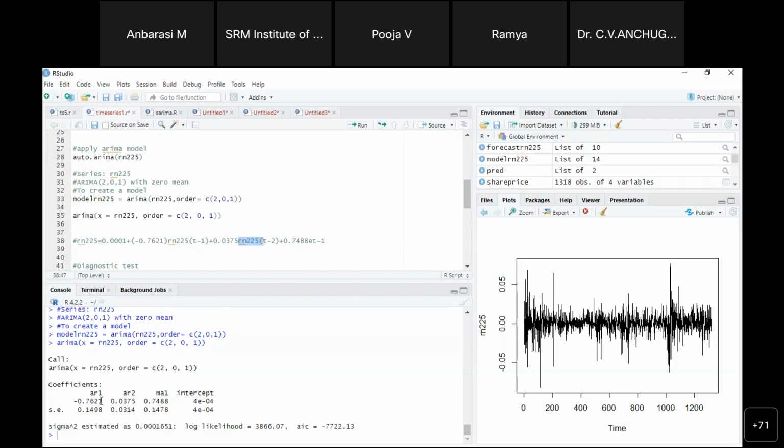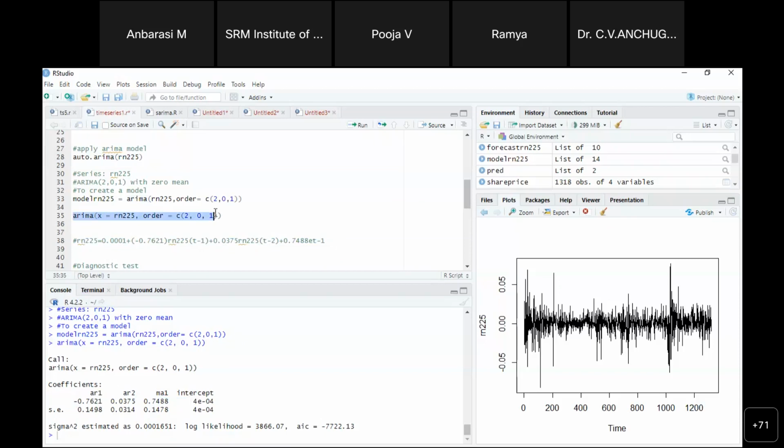So with 2 lags, we are trying to calculate it plus 1 moving average value. So 0.748, and then the error also we have to consider. This is what we have to specify in the equation. Okay, so don't forget, whenever you are going for publication, after creating a model, once you